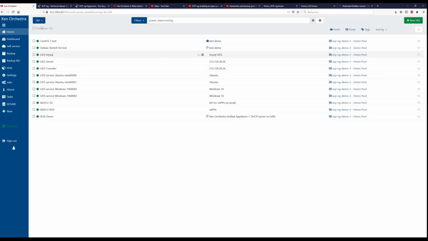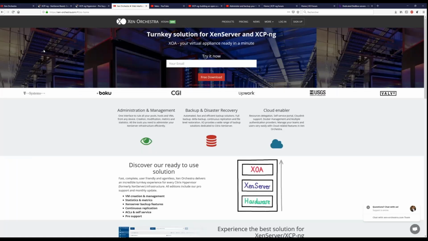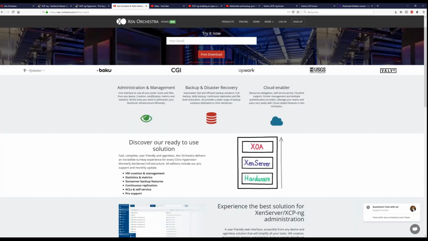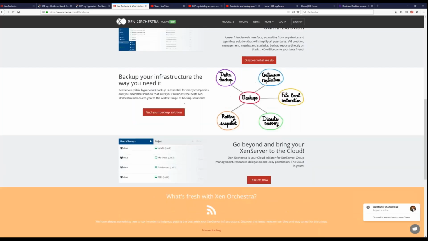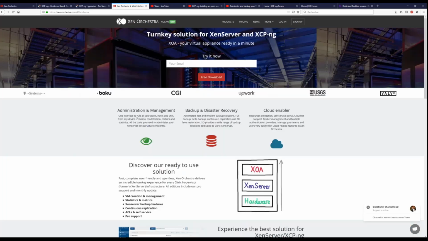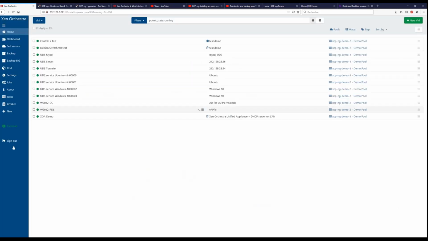So basically to deploy Xen Orchestra, you go on the xenorchestra.com website, you download it, and then you deploy it. It's pretty easy. You just have a one-liner to get it. You type one command inside your host, and you get it. XOE is basically a VM, a Debian VM, as you can see here. And this VM is doing all the work for you. Everything is pre-installed in it. So you just have to go to the IP address of the VM and log in